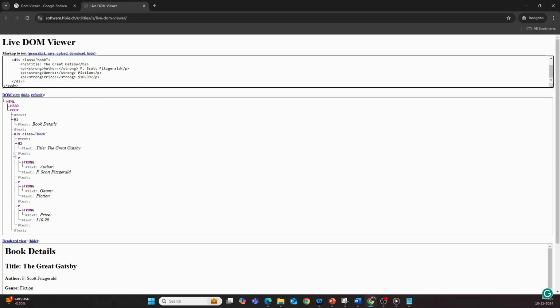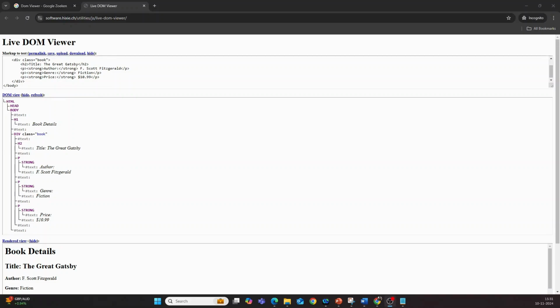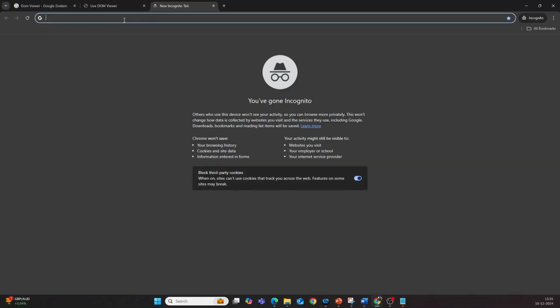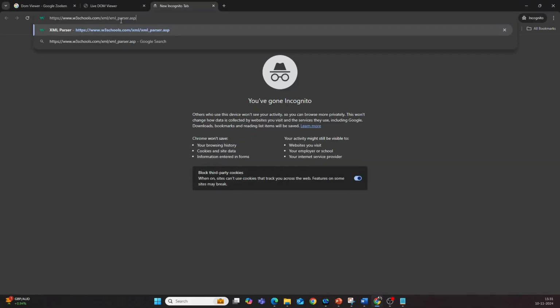So in a nutshell, Selenium basically uses this DOM programming interface to interact with these HTML elements. If you want to understand more on the DOM APIs, and how it parses documents, XML documents basically, you can go to this particular link of W3C,